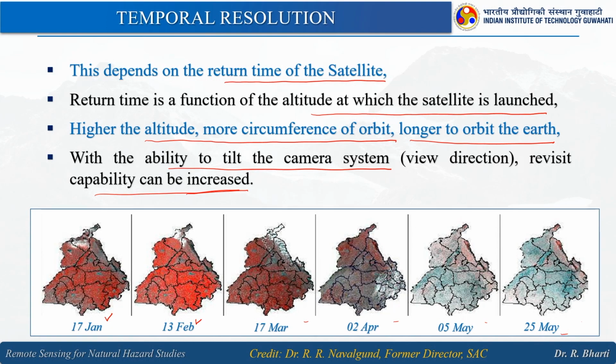So, here what is the difference? As of now, please consider this red color representing vegetation. This red color, here you have dark red, here you have bright red, then slowly this is getting changed into this. That means, if I consider red color as vegetation, the vegetation is changing, vegetation has been removed. So, we can't say that this is a forest area, because from January to May everything got converted to cyan